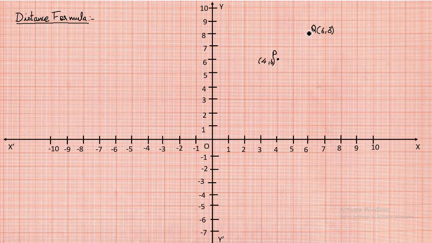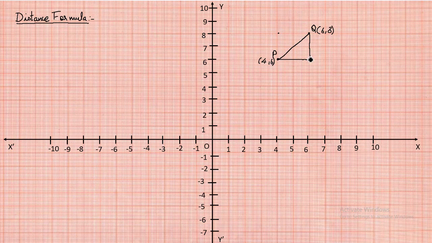So what is the shortest distance? A line drawn between these 2 points forms the shortest distance. We can also find the distance by starting from point P, moving to the right, coming to this point, and then moving from this point up to Q. This forms another distance from P to Q, right? But since the line PQ is the shortest distance, we will consider it to find the value of PQ. We can also find the distance by moving from P up to this point and again moving right to meet the point Q. We can either go like this, or in this way also.